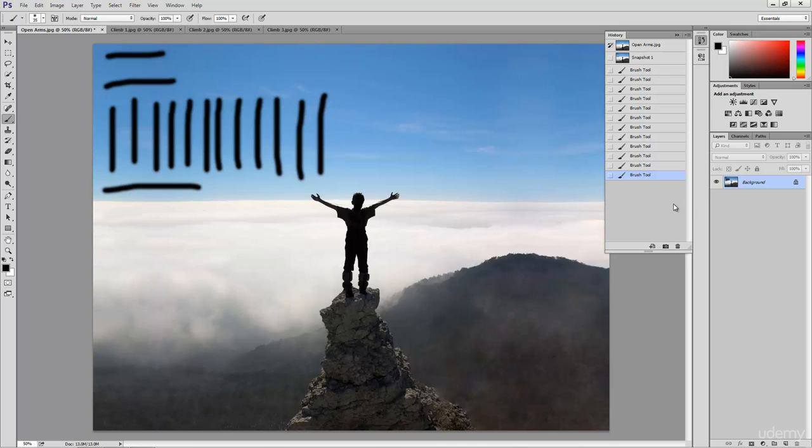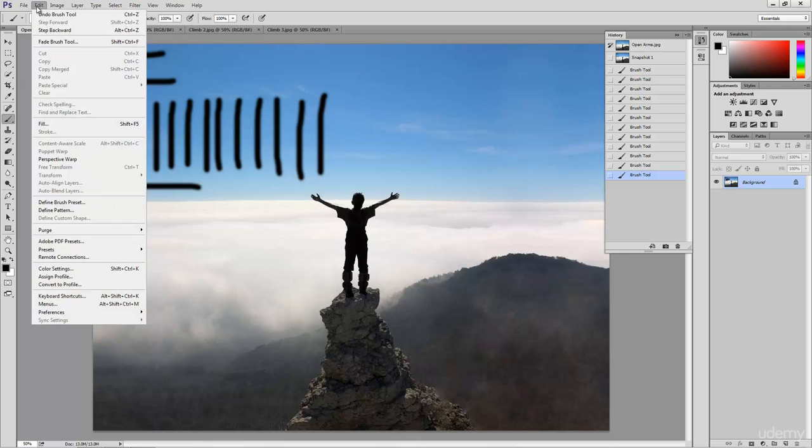And Photoshop's performance is going to slow down as it has to keep track of every single stroke. So you can probably imagine that there must be some sort of limit to how many history states we can create. And you'd be right. We can control how many history states Photoshop will remember by going up to Edit, Preferences,